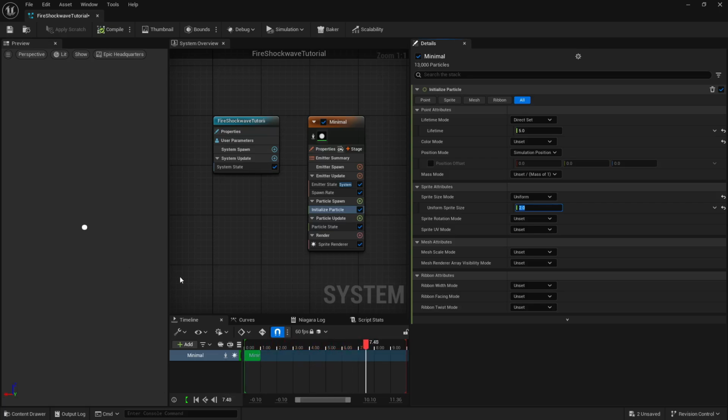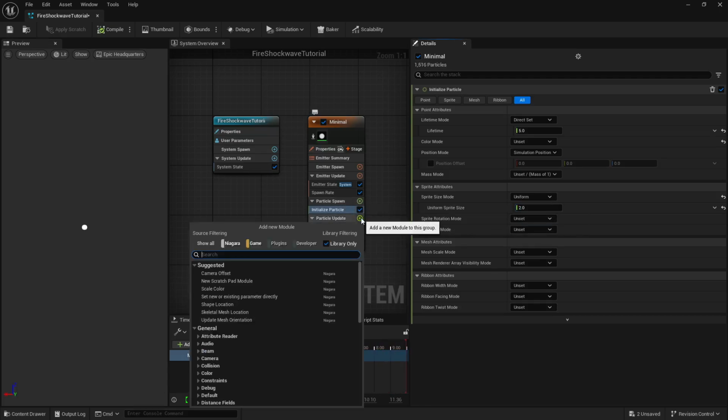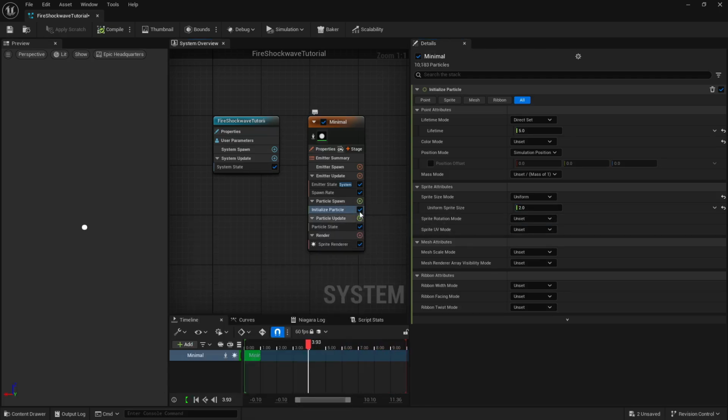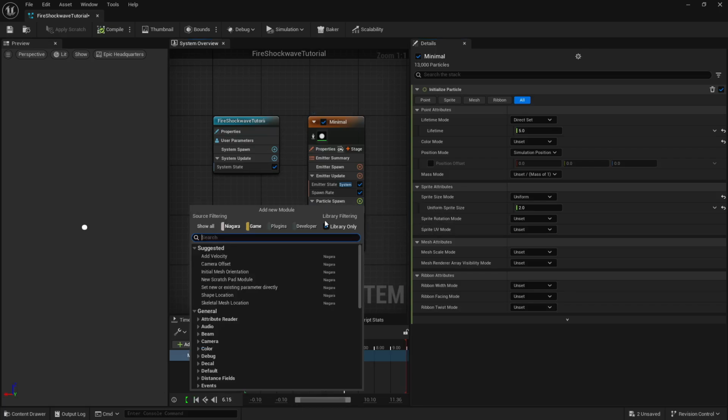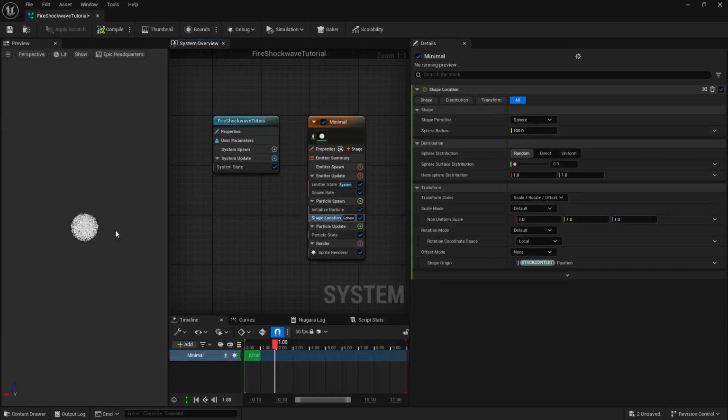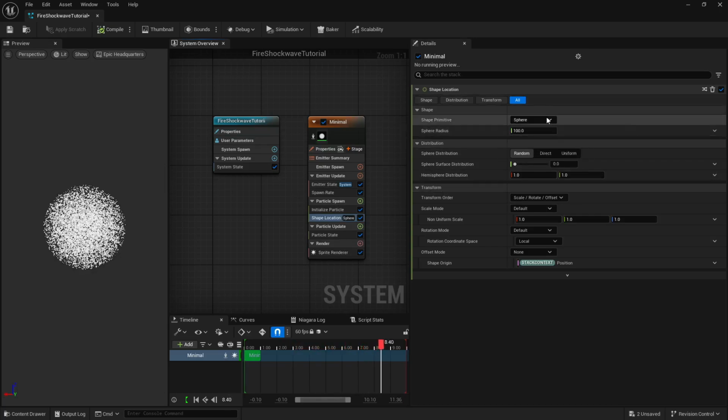So what we are going to do now, we are going to click on our particle update. Okay, and you can see there are lots of stuff. And if I click on particle spawn, what we need is a shape location here. And as soon as I do it, you will remember that we emit some particles on the shape primitives here. So we have used sphere, we have used box. Now we are going to use a ring slash disk here.